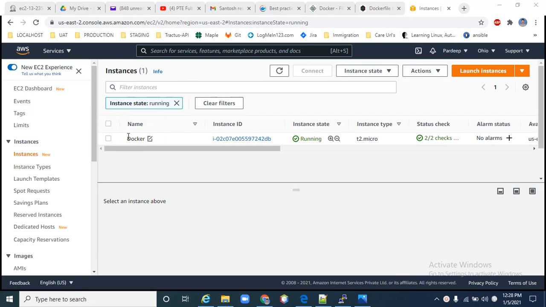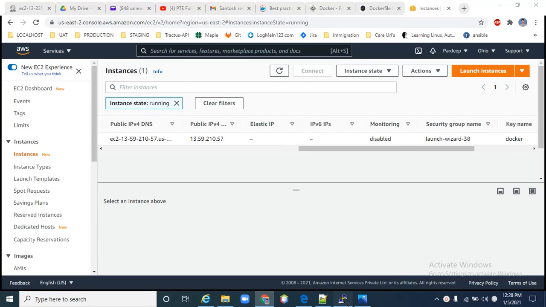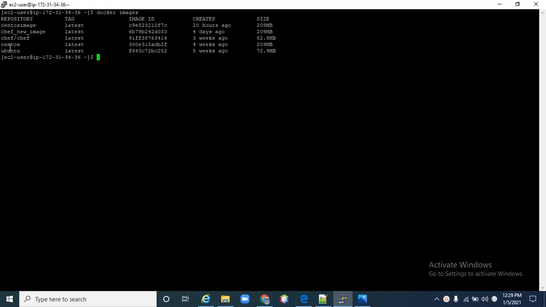Let me show you. This is EC2 server, you can see, and I have connected this server on terminal. So let me show you commands one by one. First of all, we will check all the existing Docker images using docker images. So here I have multiple images like Ubuntu, the image name. So we will use this image